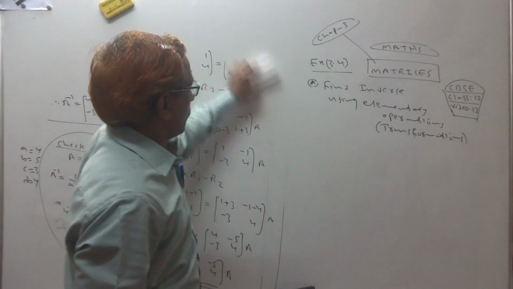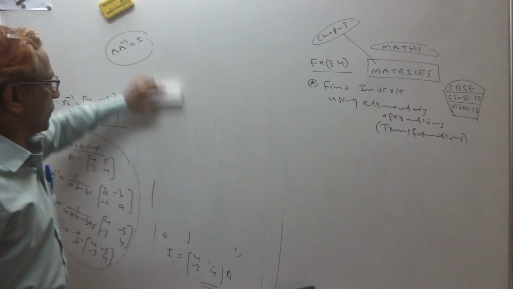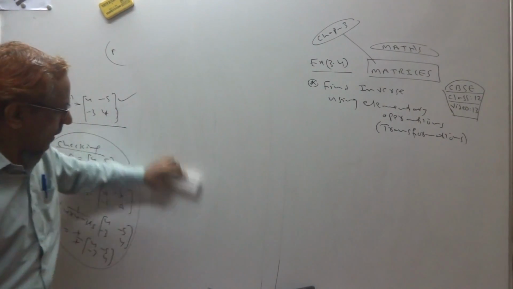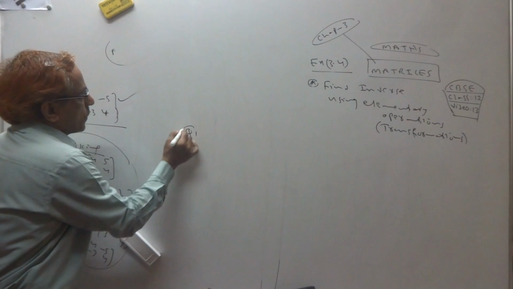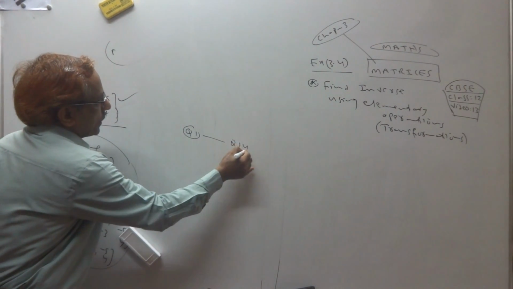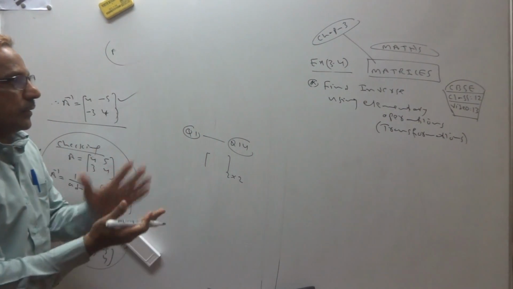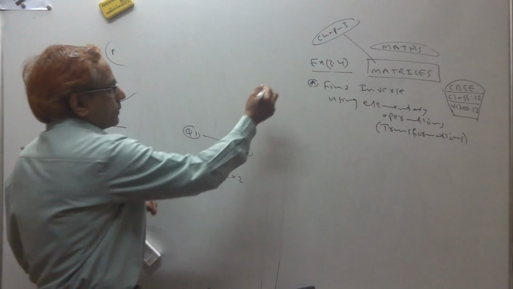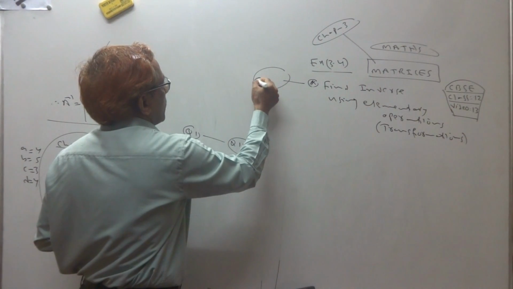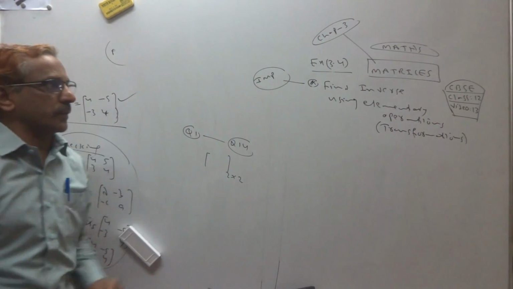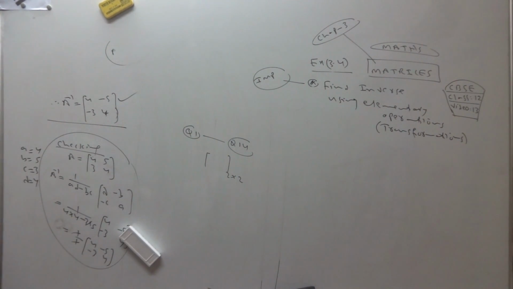So we are doing 3.4. There are 14 questions, question 1 to question 14, of 2 by 2 matrix. How to find inverse? It's a very important question. This can be asked for 4 marks. From between 1 to 14 we are doing some questions. The remaining questions you can try.